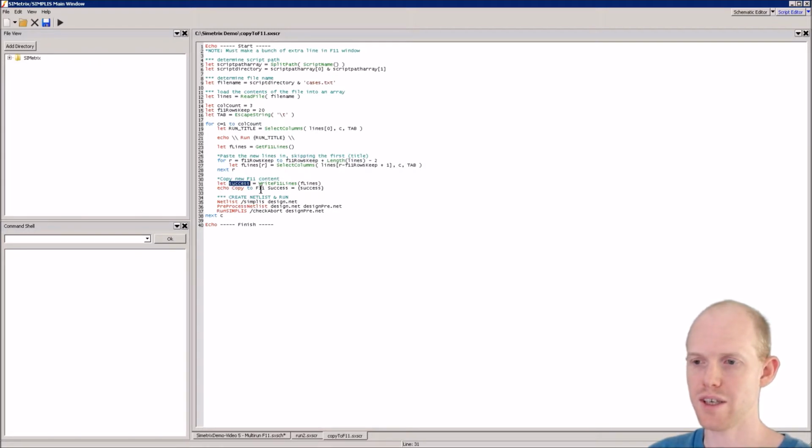And so then we can echo F11 success here, and it'll say success or failed. And then we just do the run here: create the netlist, pre-process the netlist, and then run SIMPLIS. And then that will loop for each column. So if we run this, we can click the play button,